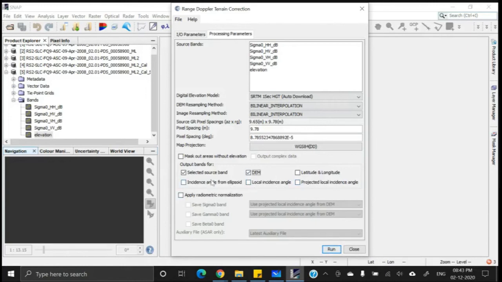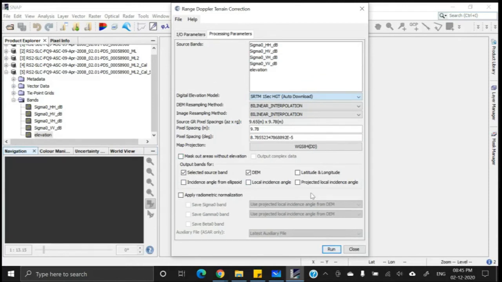So well, this was the description, and now see apply radiometric normalization. Again, you have the option to go for the radiometric normalization. I mean, without calibrating the image, without having the radiometric calibration, directly we can apply radiometric calibration, and directly we can generate the sigma naught value and terrain correction. So we can perform the terrain correction and we can generate the sigma naught image simultaneously. However, since we have already generated the sigma naught image, that is why this option is not applicable for us. So only we are going for the terrain correction.